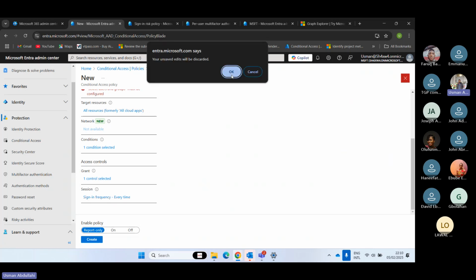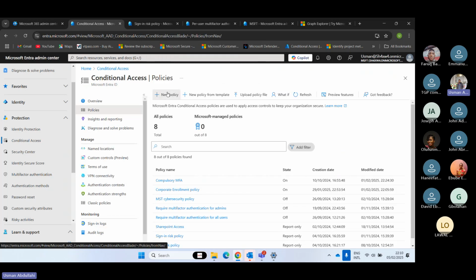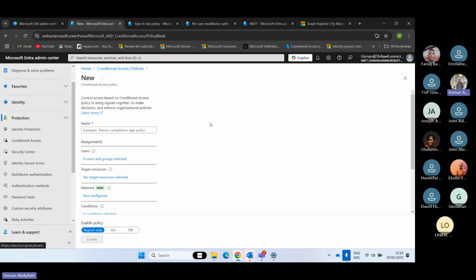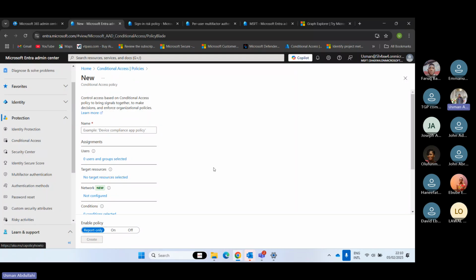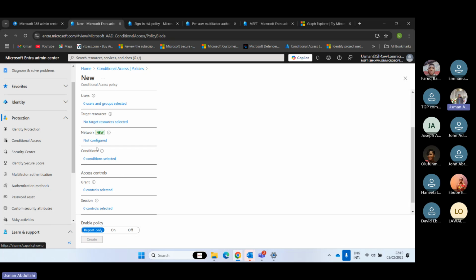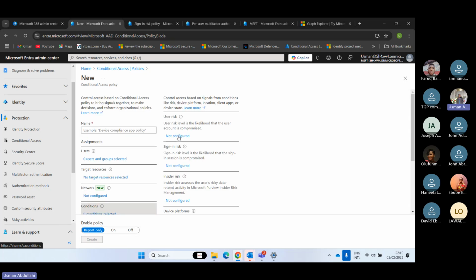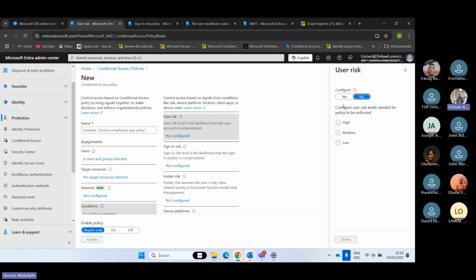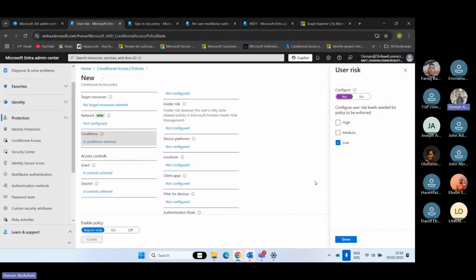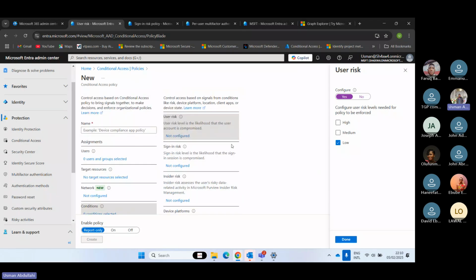And remember, the user risk policy is used to detect if a user's credential has been compromised. The Microsoft recommended way is for us to require that user to change their password. So whenever you are setting up the user risk policy, always ensure that the risk level is set to high or medium. Because if you set the risk level to low, it means anytime there is maybe a false positive, for each sign-in the user is trying to do, the user will be asked to change their